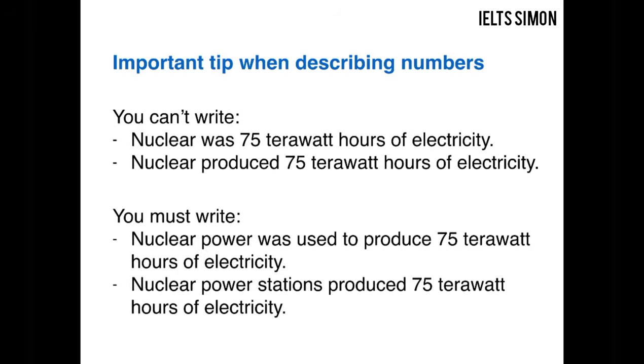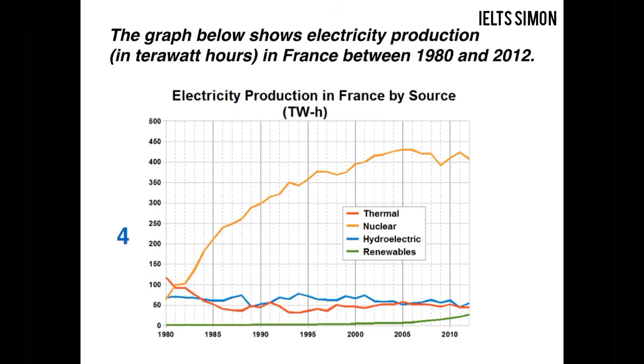Okay, on to paragraph 4. Let's go back to the graph and look at what we are going to select for paragraph 4. Remember, we can just take at least one thing about each line. Starting with the nuclear line, I'll just take this increase up to a peak in 2005. And I'll contrast that with the thermal line, the red line, where we had a decrease down from its high